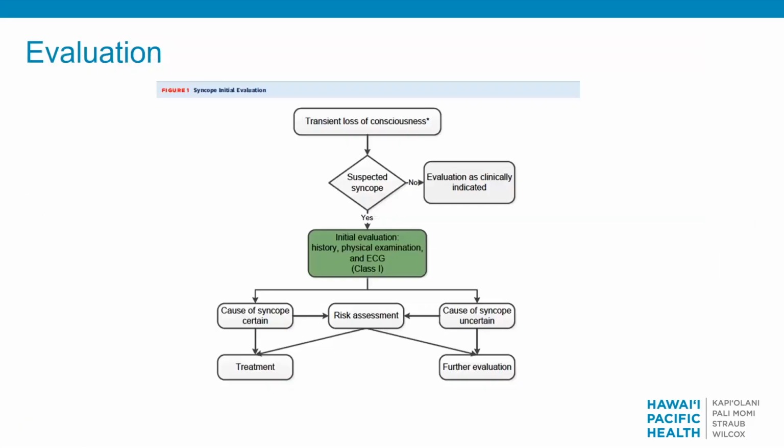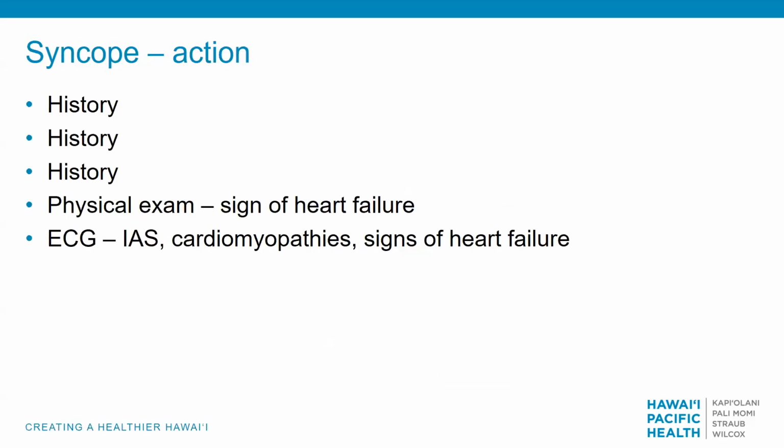So in the evaluation of patients with transient loss of consciousness where you are thinking about a cardiac origin, it's in the history, maybe a little bit of physical examination, and this is the only time when I say, please get the EKG right away. So syncope, EKG right away. Chest pain, only if the chest pain is still present. That's when you get an EKG. So syncope, what do we do? History is again the most